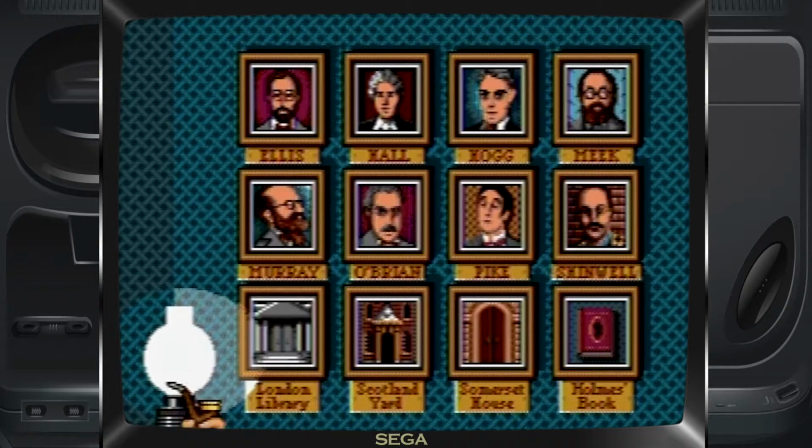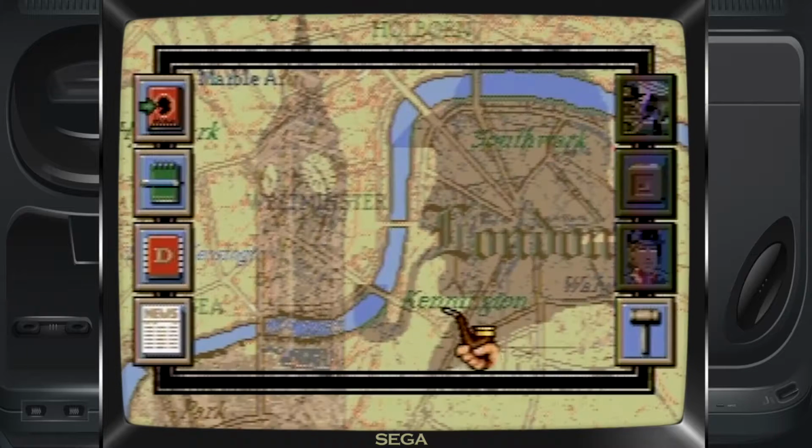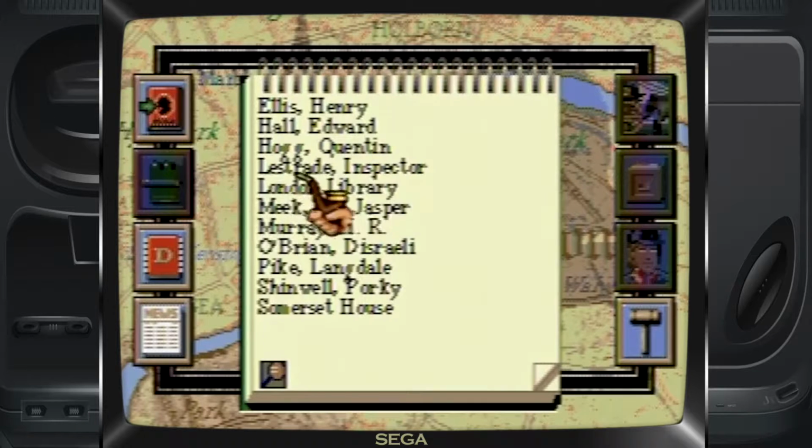If the player is successful, a full-motion video clip will take the player back to Holmes and Watson's study, where they will review the events that transpired, and Dr. Watson will inform the player of his or her score based on the length of the time it took to solve the case. Overall, this game is okay if you like point-and-click puzzle adventure games, but this is not really